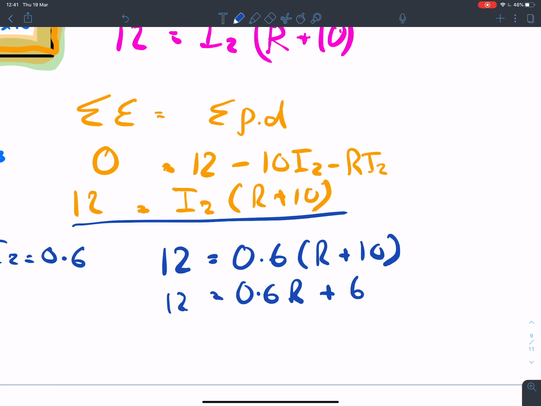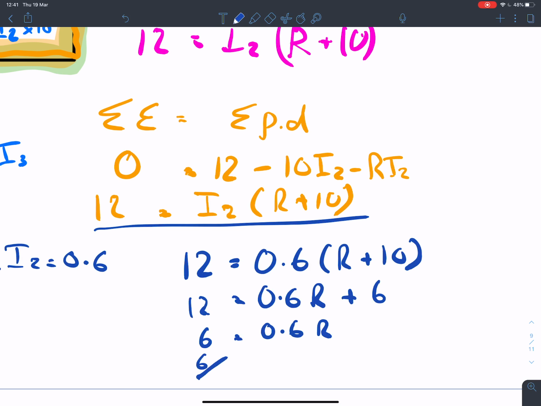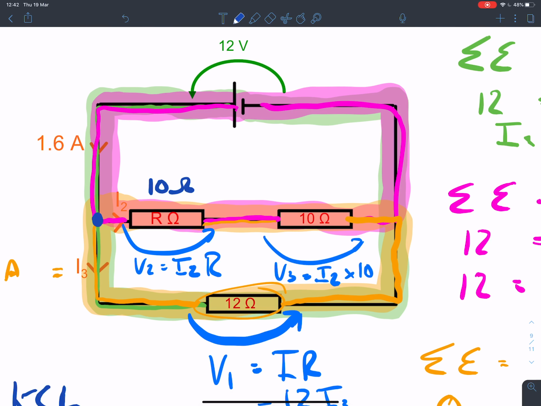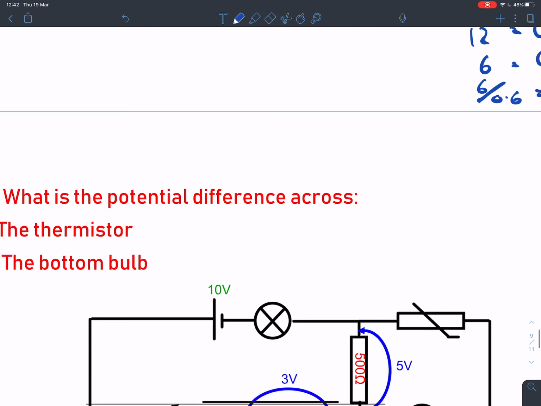So, 6 equals 0.6 R. So 6 divided by 0.6 equals 10, which equals the value of my unknown resistance. So this resistor here will have a resistance of 10 ohms. Okay, so